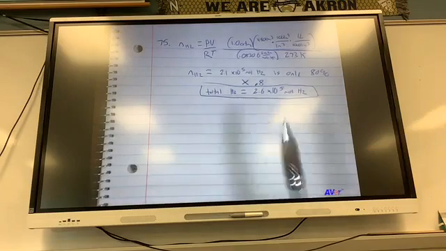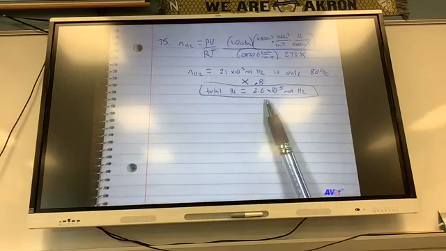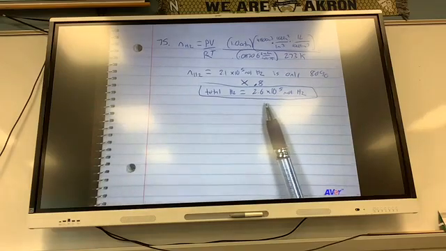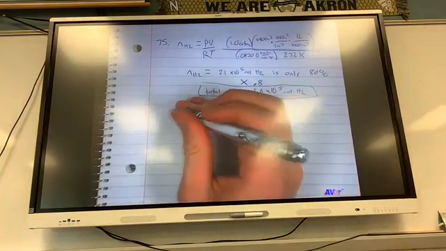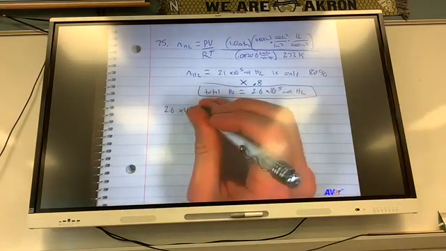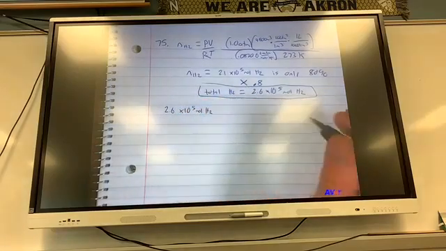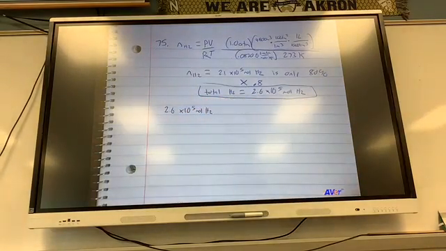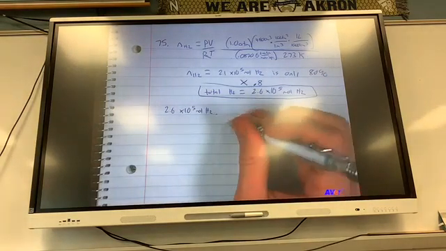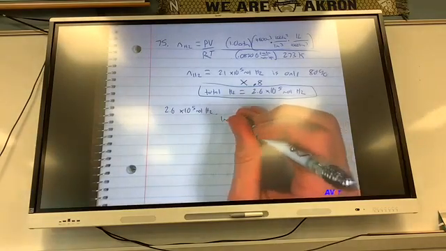So now I need to get my moles of H2 to moles of the other two, Fe and H2SO4. So I'm going to take this on 75 and stoich this, right? I have to take my 2.6 times 10 to the 5th moles of H2 and get that to grams of Fe. So I'm going to say for every 1 mole of H2,